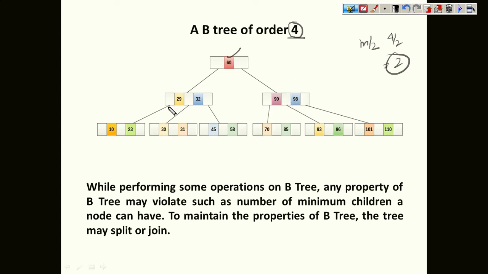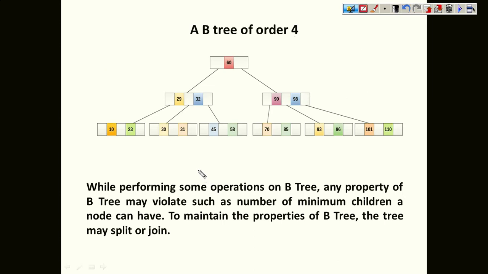Now here you can see that we are inserting the values in such a way that it maintains the order property. The left subtrees will have all the values less than this root, and the right subtrees will have the values more than the root. Now, if you insert some values into this structure, there is a possibility that the properties that we have discussed so far may be violated. When I say it will violate the property, it basically means we have to take care of this m by 2 rule, that every node must maintain m by 2 child.